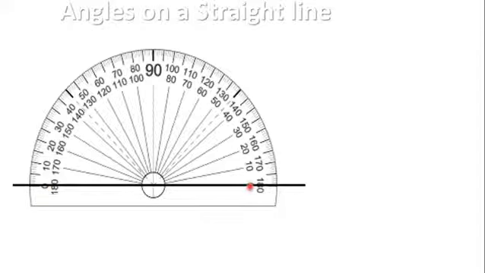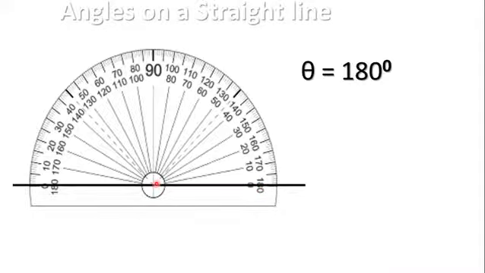You see, because on both hands you have 0 coinciding with one of the lines. So I'll use the outer scale anyway. I use the outer scale, so it means I'll be starting from my left hand side, and the outer scale is 0 at the left hand side. So I follow the outer scale until I get to the second line right here, and that would be 180 degrees. It means that the value of that angle, I'll call it theta,